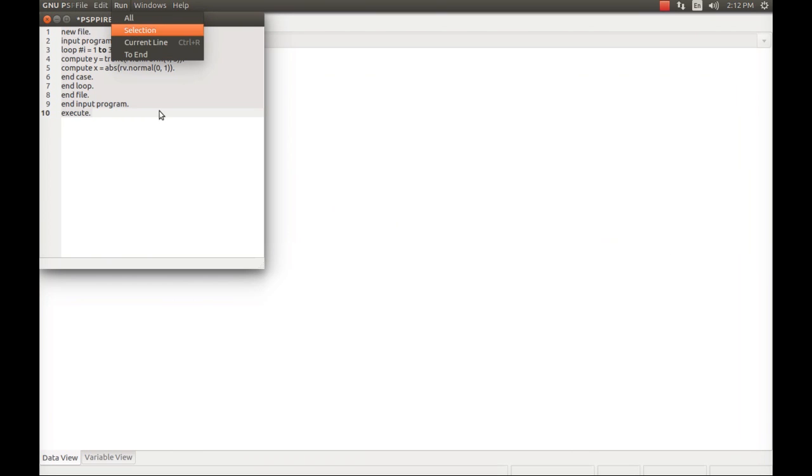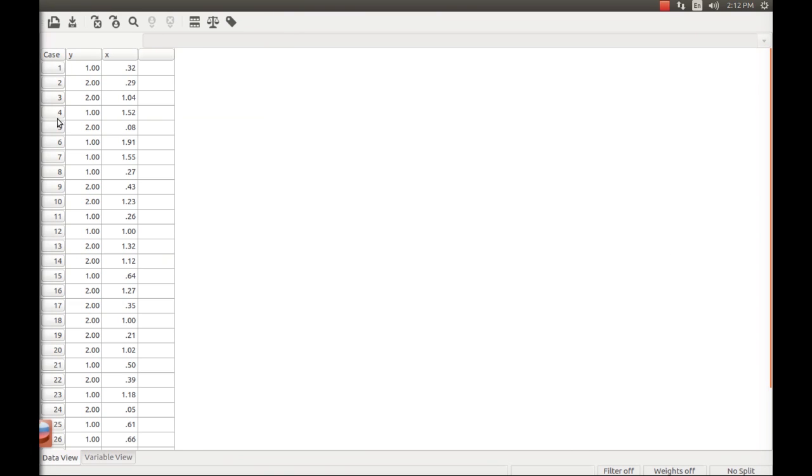execute this to create or simulate the data set. If you observe, the dependent variable has only two responses, just like 1, 2, 2, 1, 1, 1, 2, something like this. So 1 stands for, of course, maybe yes, or 2 stands for no, or 1 stands for